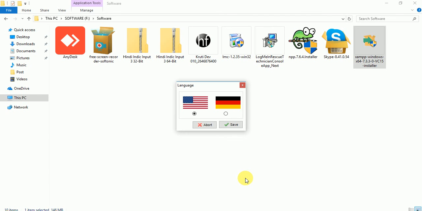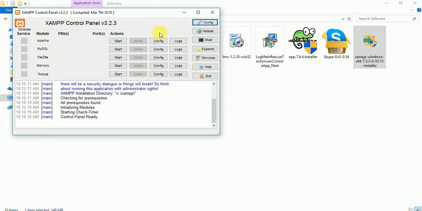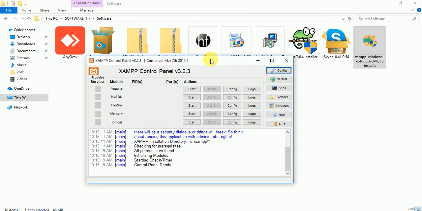First of all we have to select the language. I'll select United States English, check this box and hit save. So Xampp has been installed on my Windows 10 computer, and as you can see the configuration here, Xampp